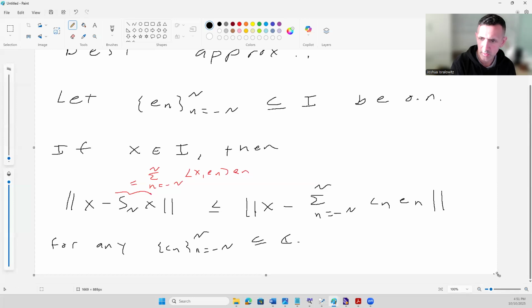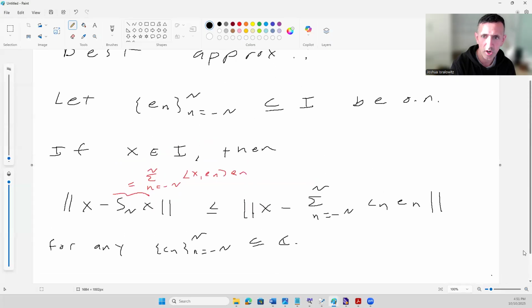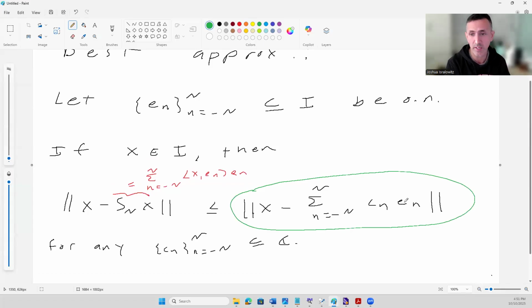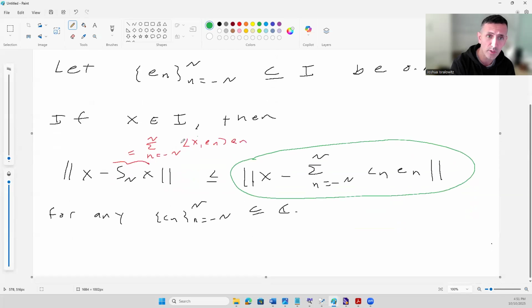And in particular, let's say we want to solve the optimization problem of minimizing this here. So we have the set here, and we want to approximate x by these kinds of finite linear combinations of the e_n's. So how do we best do that? Well, we do this best by this. In other words, using kind of data science parlance,